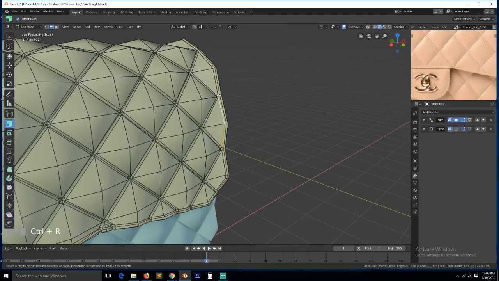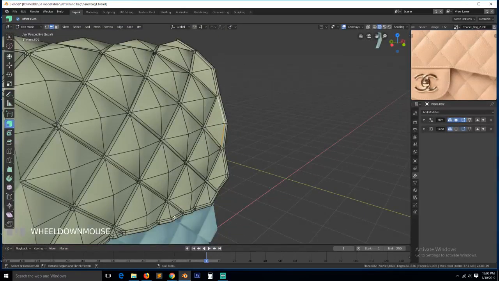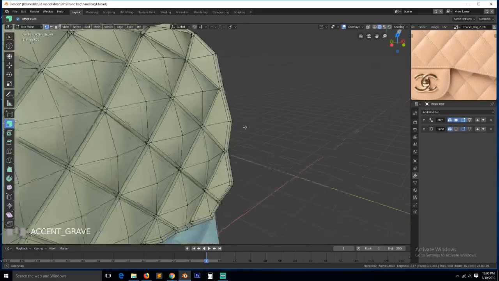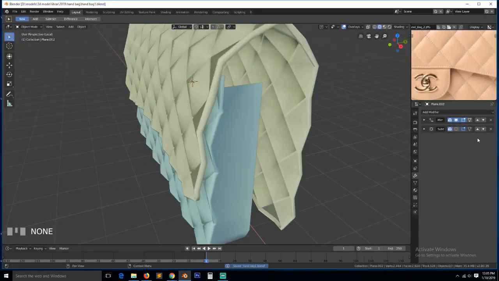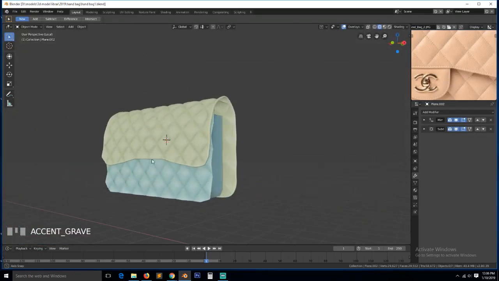See, what about here? Can we add a loop? I think we need a supporting loop to make this side a bit sharp. So if we join this to this, is there an easier way to do this? I think we'll just use a texture for that area. Let's